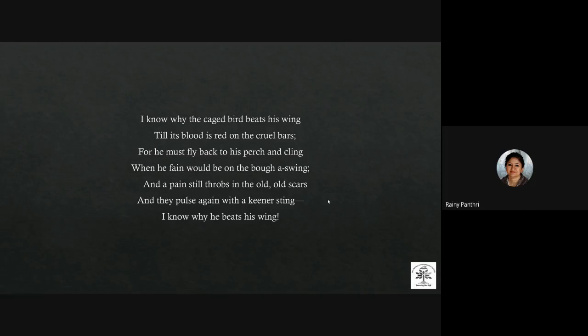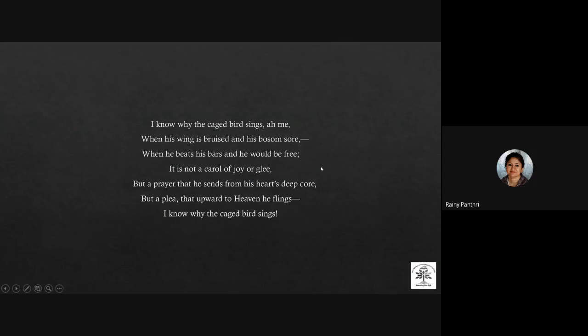Right, because it is beating its wings. It's ready to go to any extent, but it just wants to go out. Exactly. So this is his frustration, and this poet actually knows why. He knows. That's a very big thing. Because he's beating his wings, he's bruised, his bosom sore, and